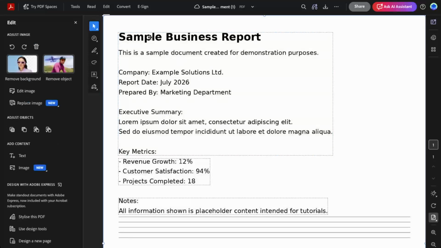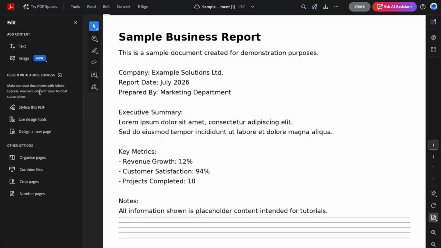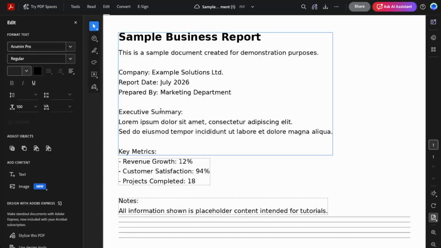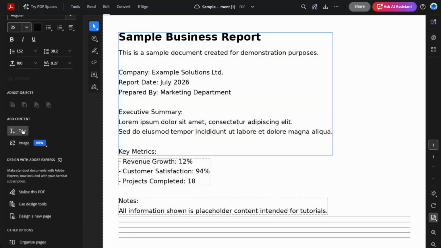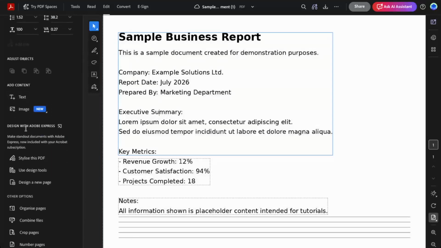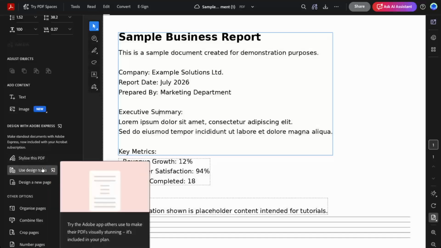You can also use Adobe Express design features to stylize the PDF, use design tools, and even design a new page. This is a good option if your document needs more than simple editing and you want to enhance its visual presentation. Finally, in the Other Options section at the bottom of the left-hand column, you can organize pages, combine